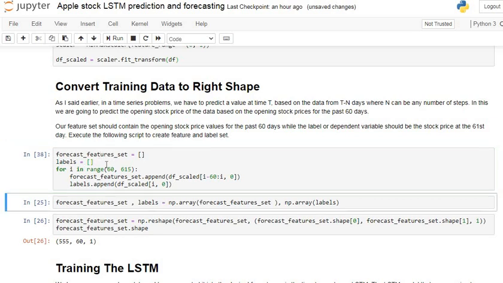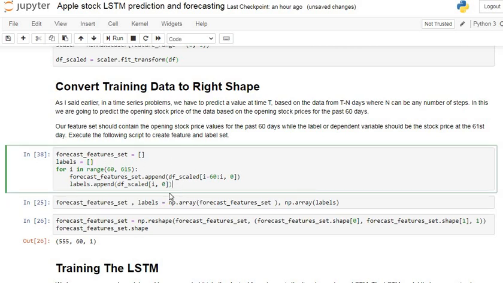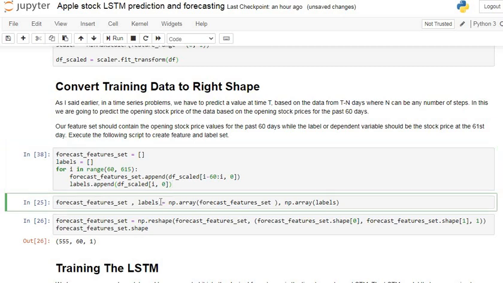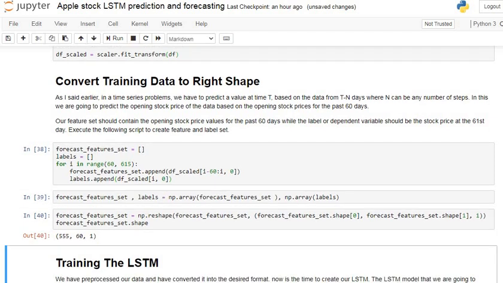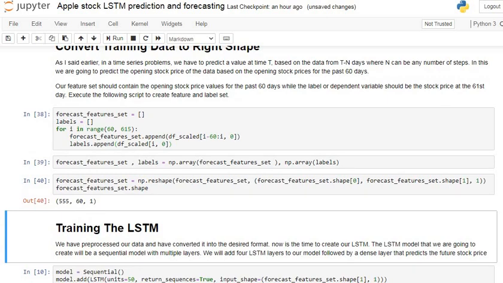So let's execute our code. Here we use this loop for doing this. After that we are going to make arrays of our forecast feature set and our labels. After that we make our data ready for the LSTM neural network. That is, the LSTM neural network should accept data which consists of 3 dimensions.